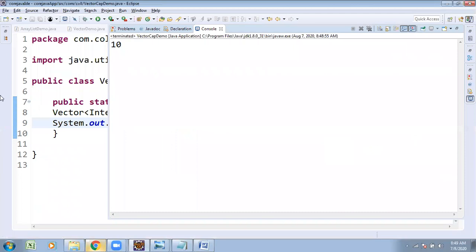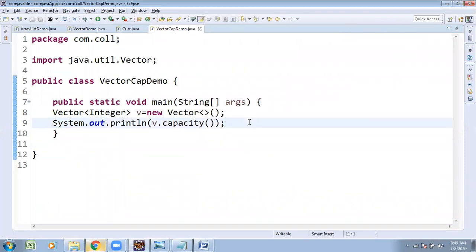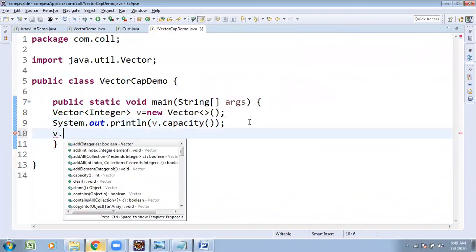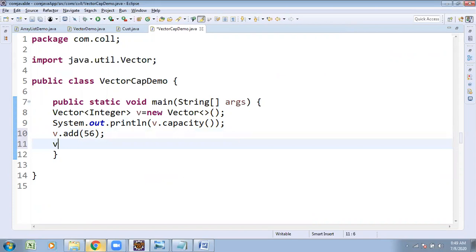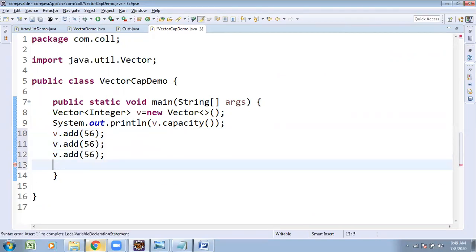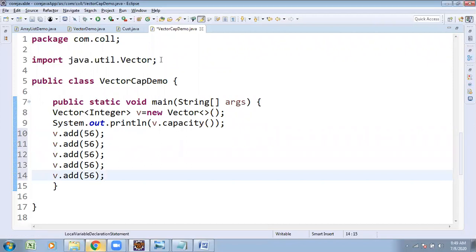Now, I try to insert some elements into my Vector. v.add of some integers, 56, and some more elements. Till now I have inserted 5 elements.